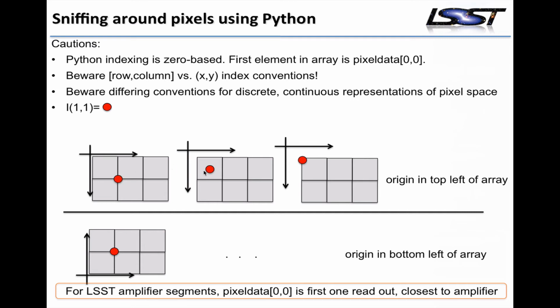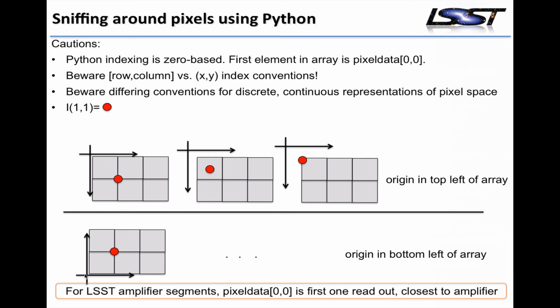In other conventions, pixel location 1, 1 is at the center of the first pixel. And in yet other conventions, pixel location 1, 1 can be the innermost corner of that first pixel. So even the origin, not just the orientation, but the definition of the origin of pixel coordinates is not a well-defined thing. The other option is that you think about the origin as being the bottom left corner of the